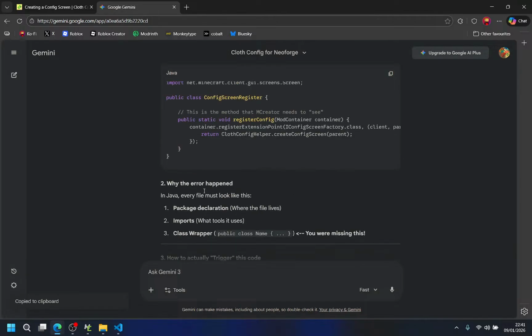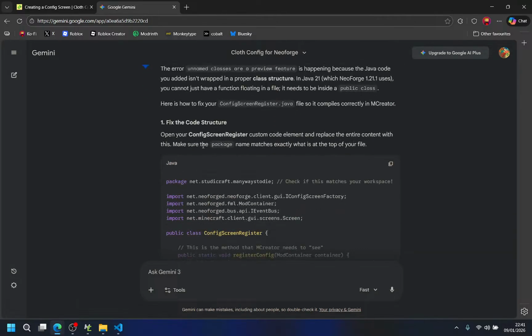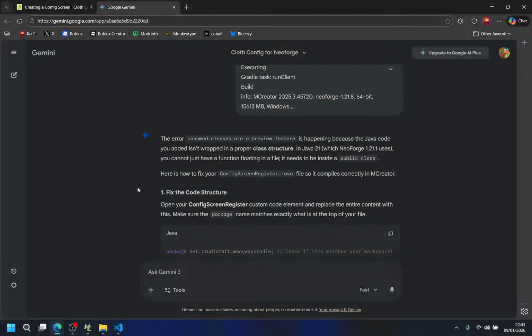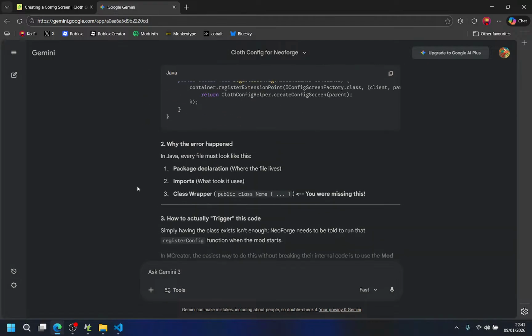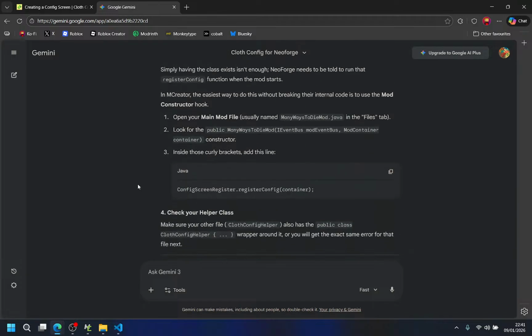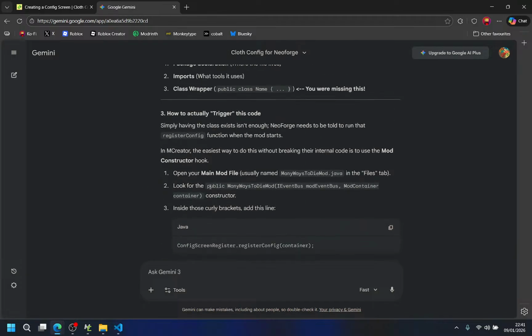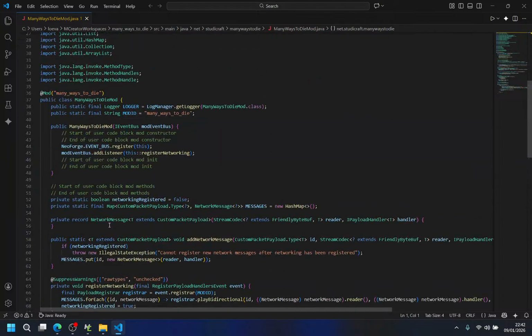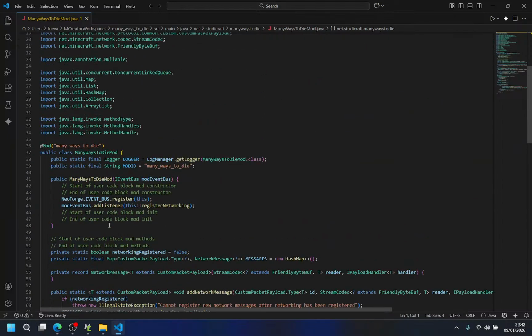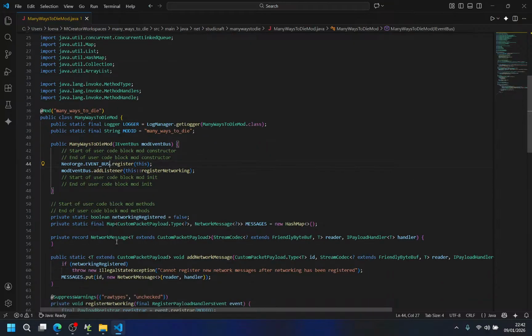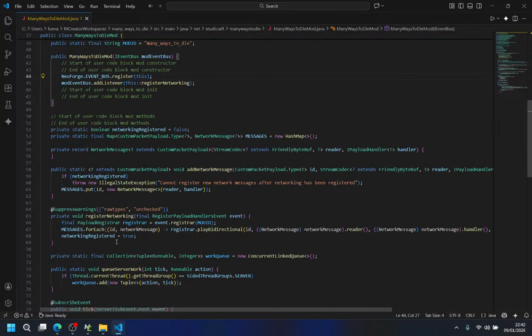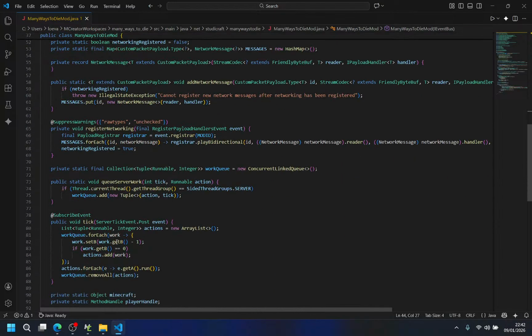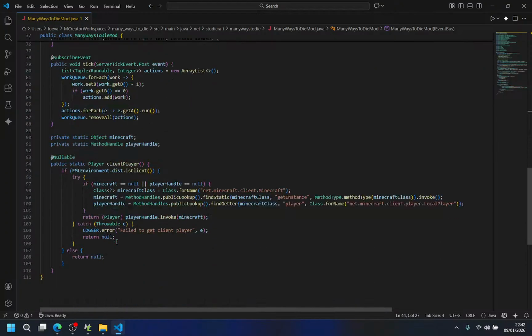Oh, copy this again. Oh, where? Yeah, okay. Oh yeah, this from there. Okay. Look for the public ManyWaysToDie, I think event bus or something. So public. I need it for a public. It's not this. It might be this. Not that. It might be the thing I already highlighted. It was.